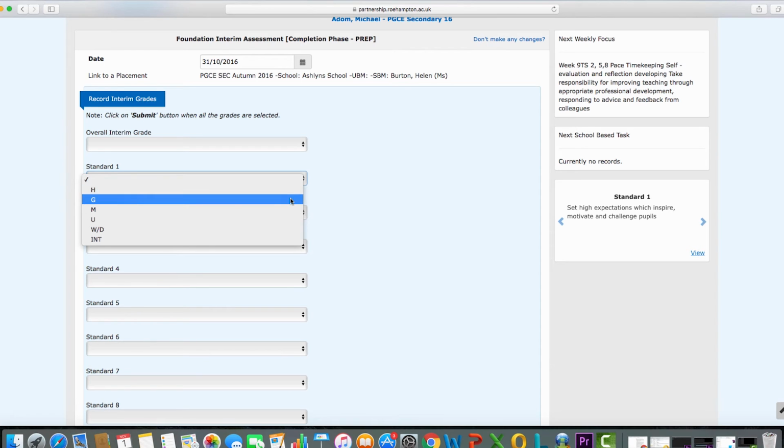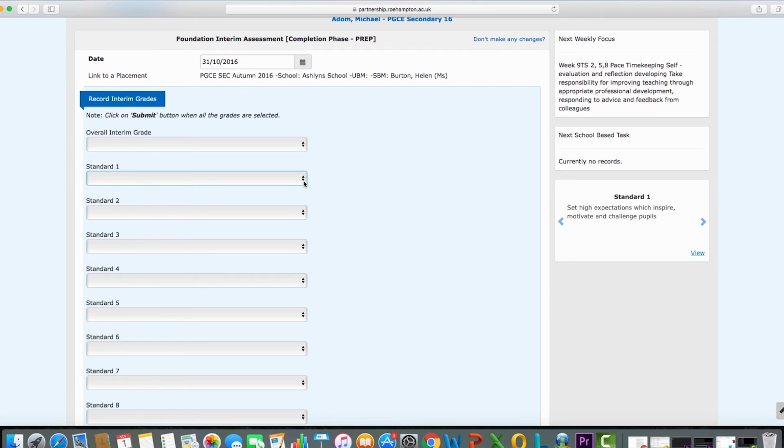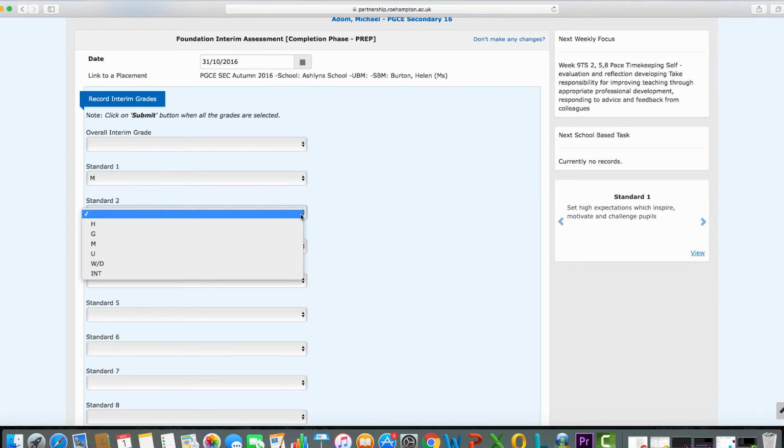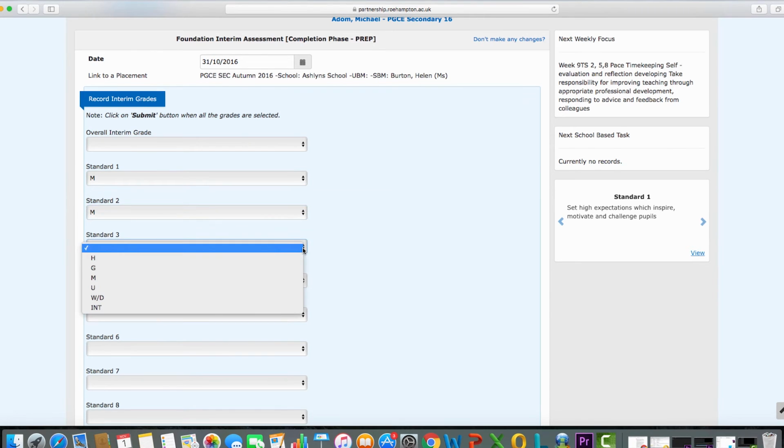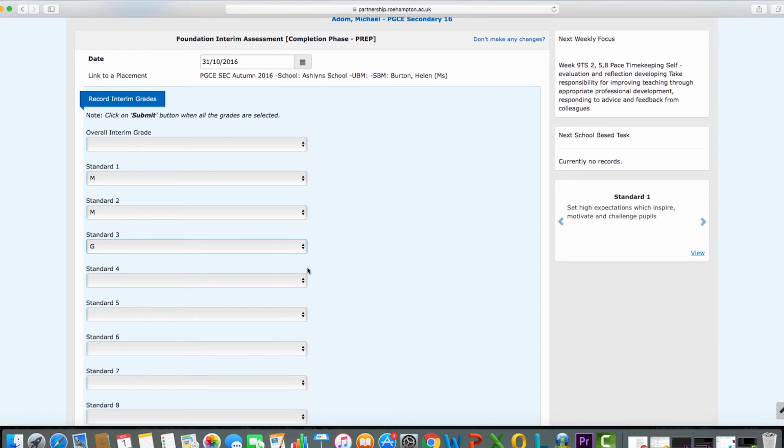high, good, minimum, and unsatisfactory as the 4 grades that you can choose. The WD and the INT is for those students who have withdrawn or interrupted, and that's really just for university use, so please don't use those categories. So what you do for each standard is you go through and you pick a grade. Now we're not expecting that students would have goods and highs against all these. It may be for one of the standards that, for example, for standard 3 for subject knowledge, they have excellent